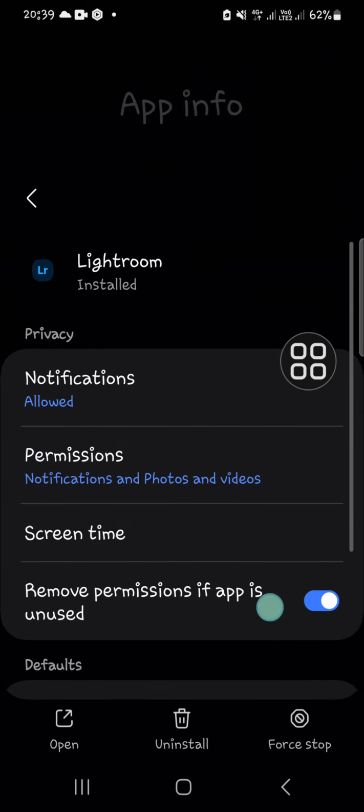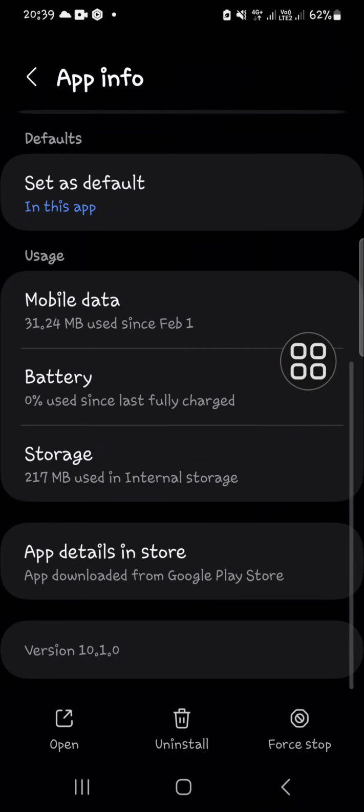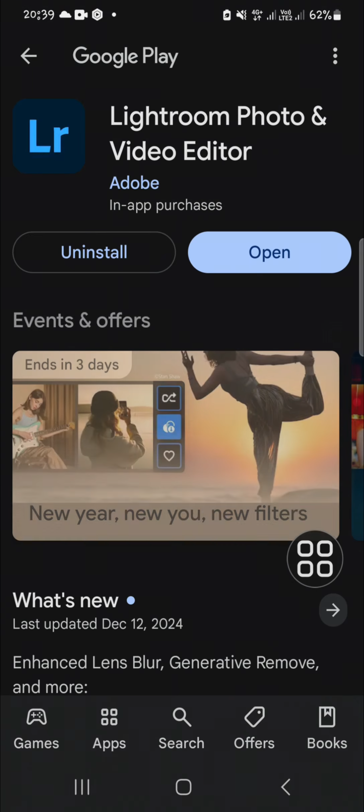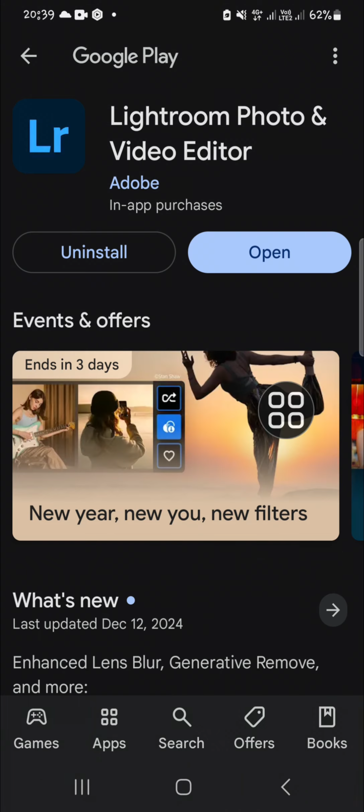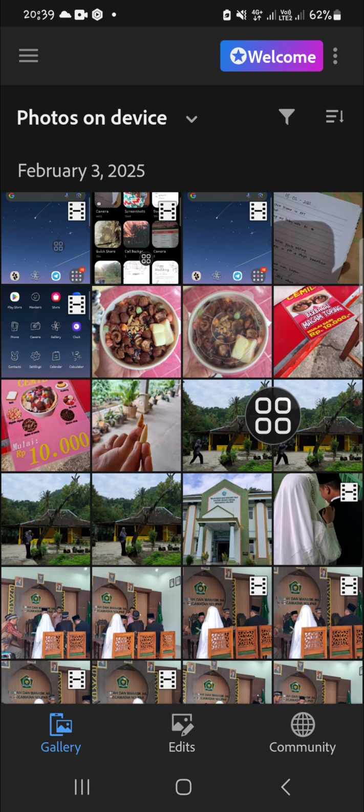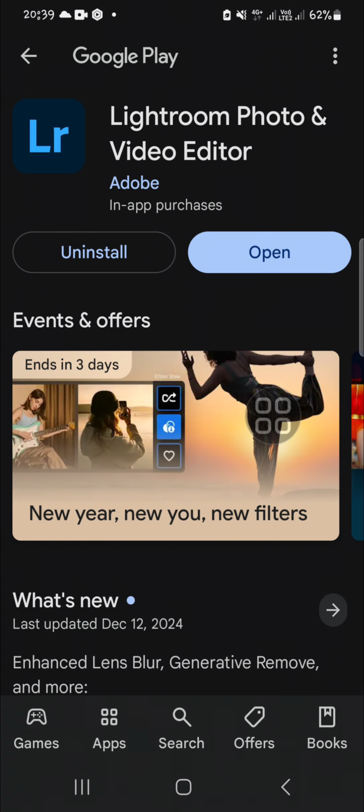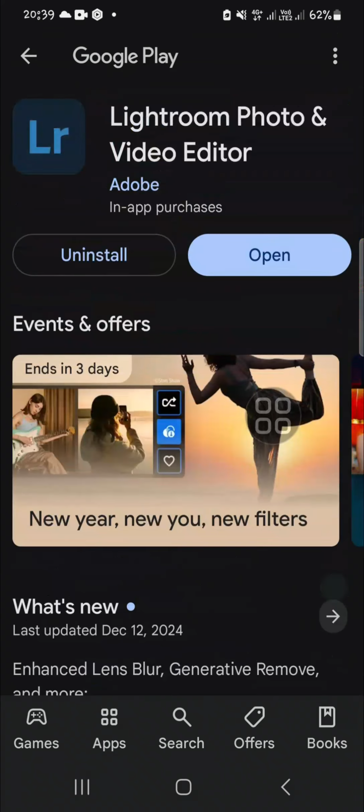And if you want to update it, you can select app details in the store and it will bring you to the Google Play. And if there is an update, the update will appear right here guys. On this open button, there will be an update button, and you can click on the button to update your Lightroom. But now my Lightroom is still up to date, so I just need to open it. Okay, if there is an update, it will appear right here, and you just need to click update